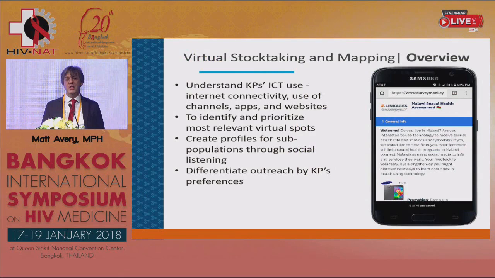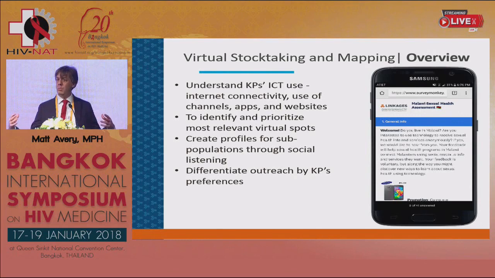Beginning with using technology to better understand our target populations and to better plan our interventions. The Linkages project has developed a whole raft of tools, and these are used for a process that we refer to as virtual stock taking and mapping. The idea here is gathering data to better understand how members of our key populations use information and communications technology, meaning what's the level of internet connectivity, what are the channels, apps, websites, essentially what are the virtual venues that members of these target populations use that we can also target as a means of reaching out to these populations. So to help us identify what might be called virtual hotspots,